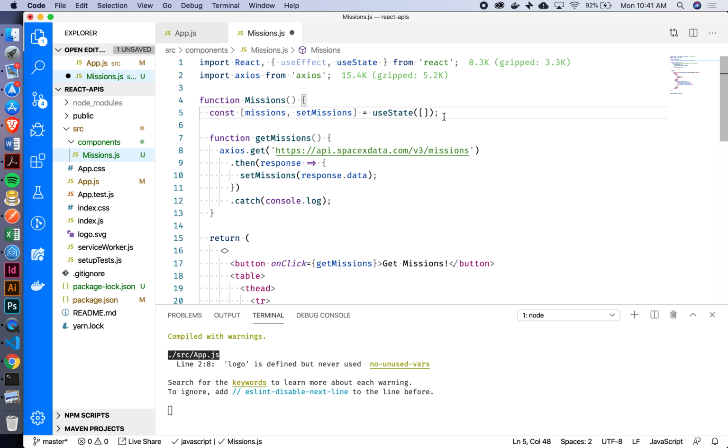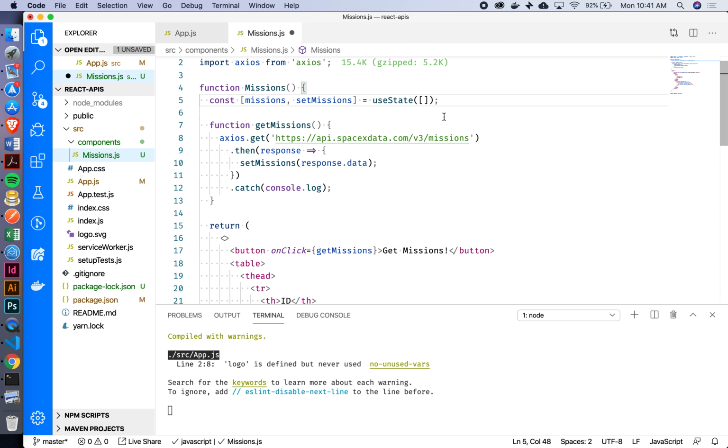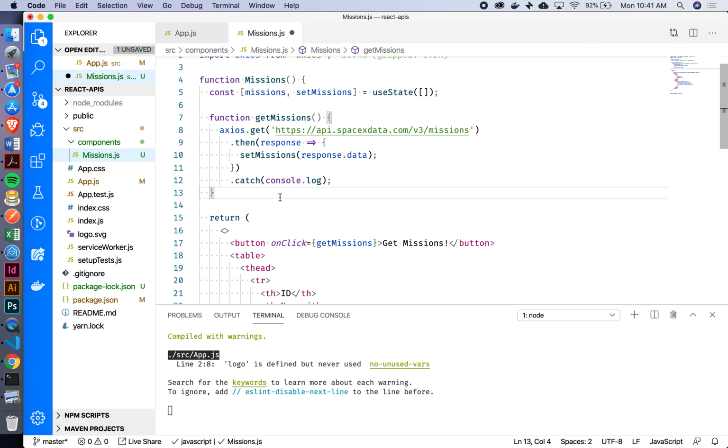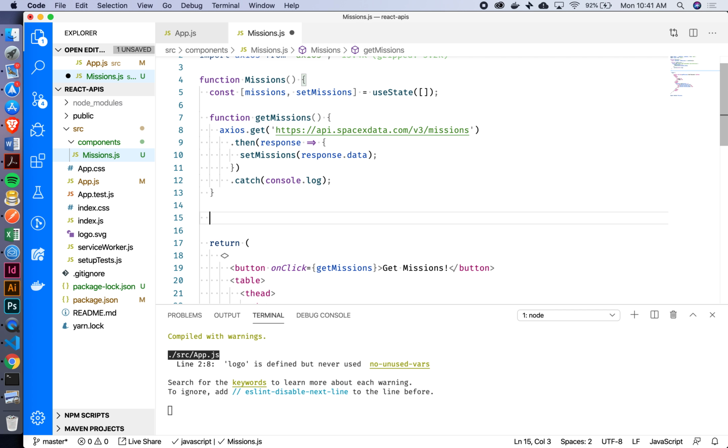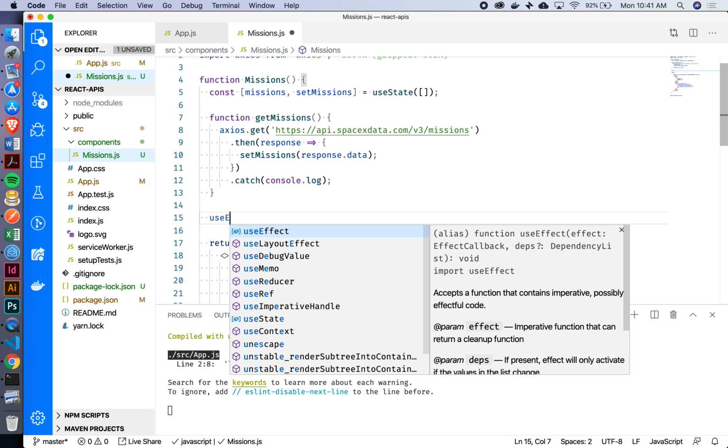So in other words, if we're doing some kind of side effect, it means that what we're doing is impacting something outside this immediate function. Okay? So if I'm making a network request to some other outside service, that's considered a side effect, right? Because we're doing something to their service. We're causing them to have to respond to us. Okay, so here's how we're going to use useEffect. I'm just going to kind of demonstrate it for a second here. We're going to say useEffect,